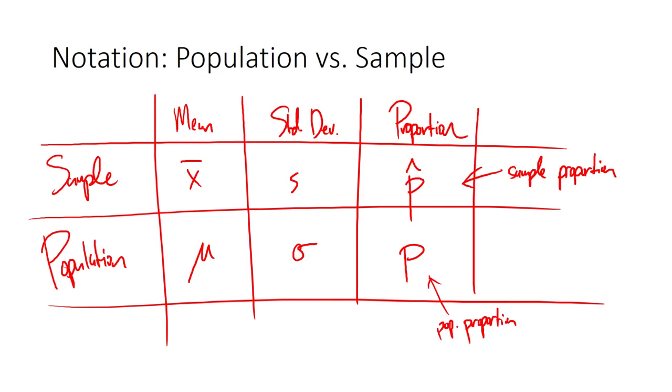You could do it. It is possible to show that proportions will also start to take on a normal distribution if you take large enough sample sizes. So I'm hoping you'll just take my word for it, and I'm just going to tell you the central limit theorem for proportions. That'll save us all some time and headache. The point is that the central limit theorem does apply for proportions. So it says that for large enough sample sizes,